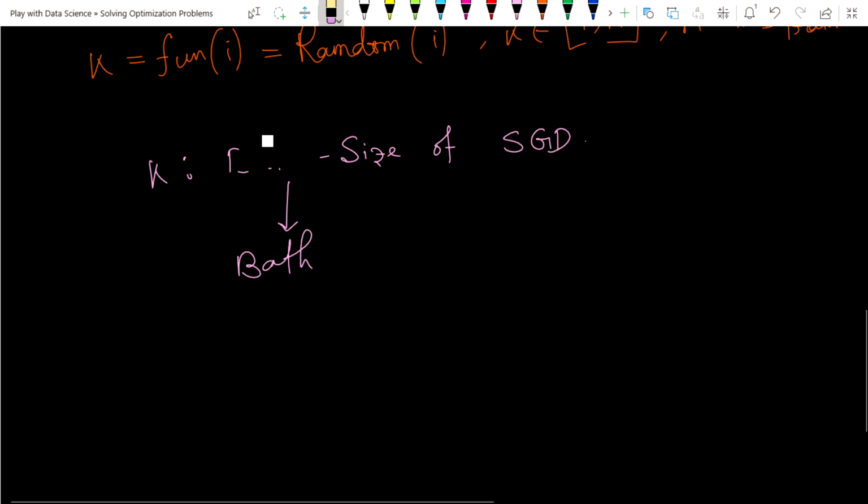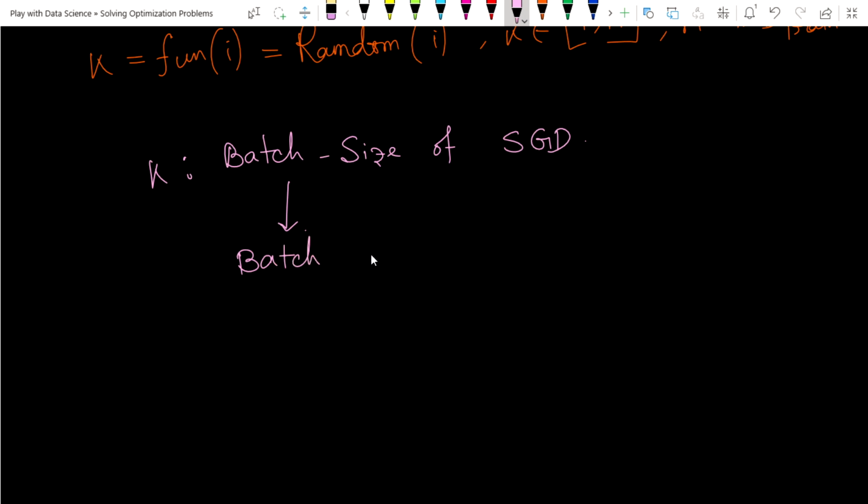It is simply the batch size of stochastic gradient descent. Many authors call it the batch size of random points.